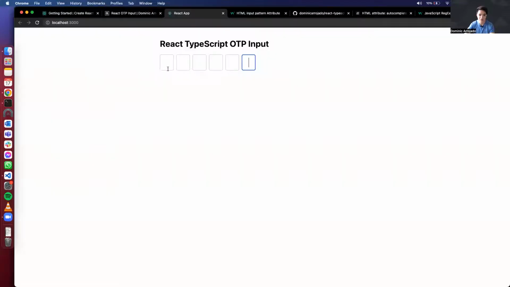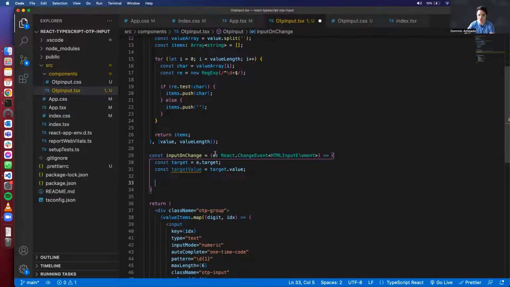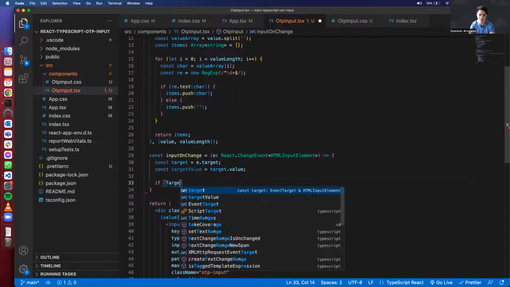And yeah, we won't be allowing anything that's not a digit. So A, B, C, D, E are not digits. We can do a check here. So target value